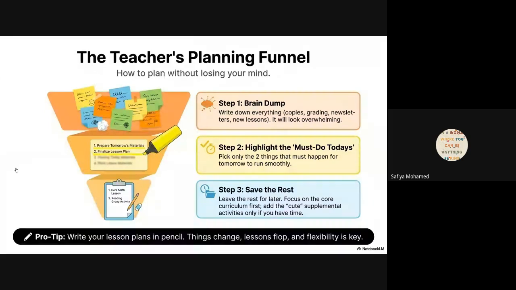Now, lastly, they say save the rest. If you see the class is bored, they are tired, they don't want to speak about dinosaurs now. They've been speaking about it since Monday, it's Thursday, they're bored already. Save the rest for later on. Give them a break. Everybody stand up, shake your hands about a little bit, sing a song, whatever the case may be. Do not brain dump on the children because you're so excited that you came up with so many ideas and you just dishing it out left, right, and center.